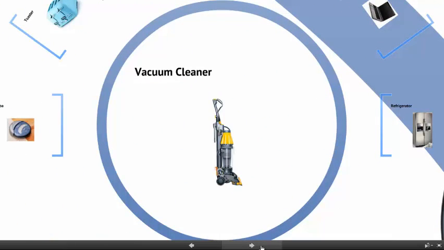So first thing, your standard vacuum cleaner. What do you think? Does it meet the four criteria that we talked about? I'm going to give you a second, and then we're going to go over the criteria. Okay, so is it a mechanical device? Absolutely. Does it perform tasks done by a human person? Yes, it does. Does it carry out a set of instructions? Not really. It's got a button that turns it on and off, and it doesn't really meet the criteria of being programmable either. So in that sense, it's not really a robot, this particular vacuum cleaner.